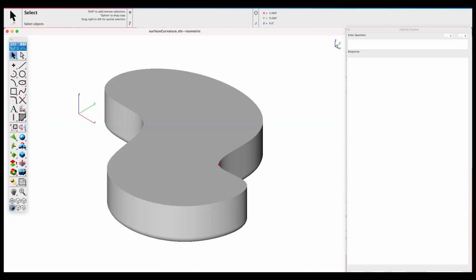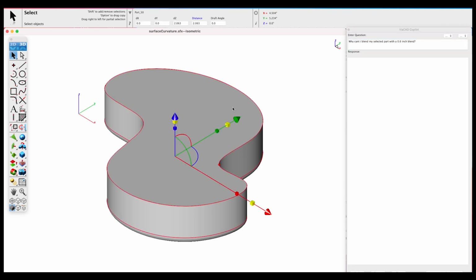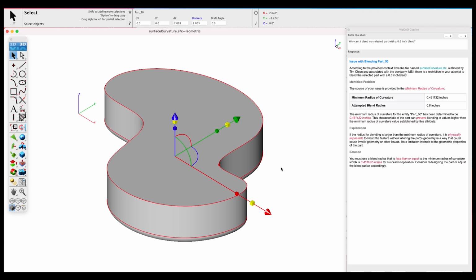Alright, next up I want to ask it why I can't blend my part with a 0.6 inch blend. So let's go ahead and put it into the AI query and select my object and click apply. Okay, and it returns back and it tells us that it can't blend because of the tight curvature that exists in the file. And in fact, the minimum radius of curvature is 0.46, implying that radial blends higher than that